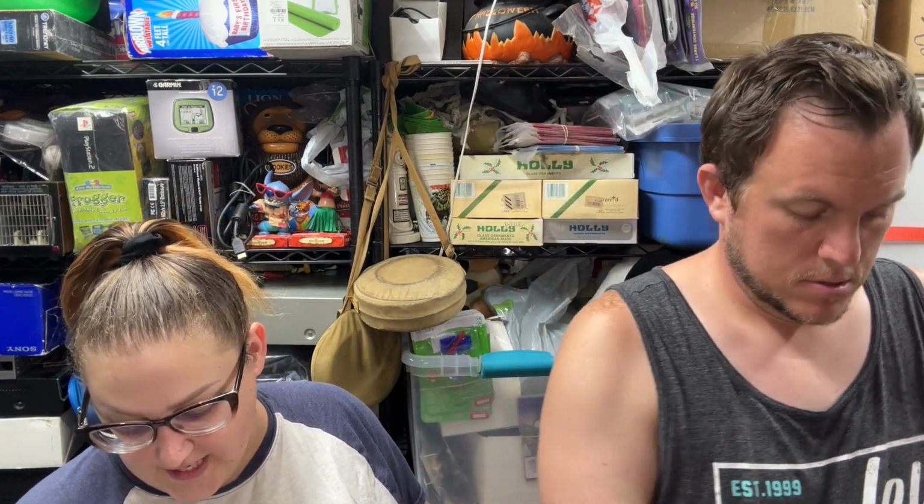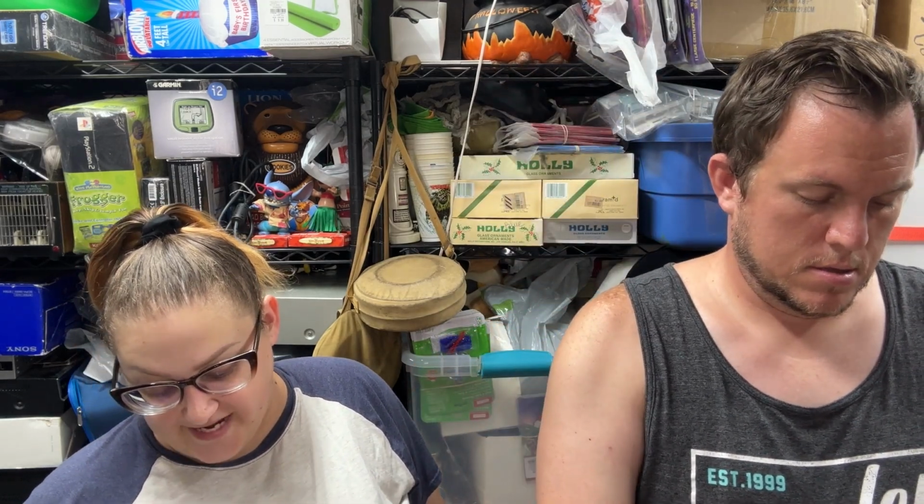Then we got the American Crafts Make It and Bake It Angel and Stocking Christmas ornament craft kits. These are the ones that you make. I think you put the little jewels on top of them, and then it melts onto there, kind of like glass baking and stuff. And those sold for $25.50 shipped. I have a bunch of these. I think I spent...